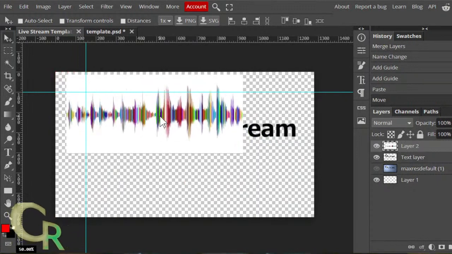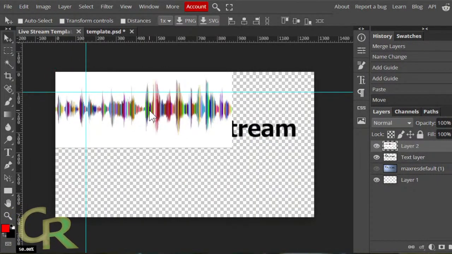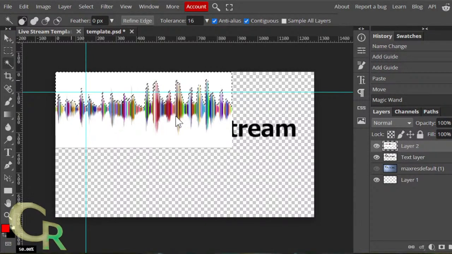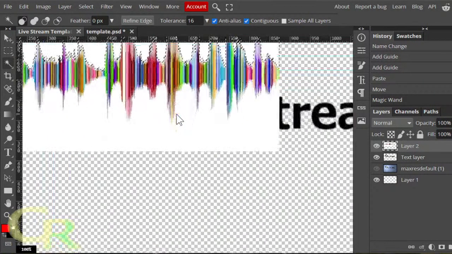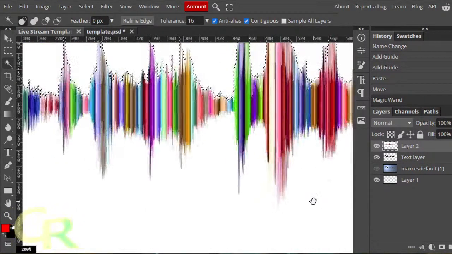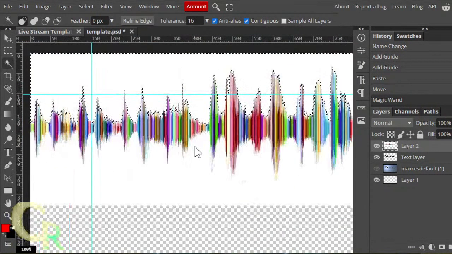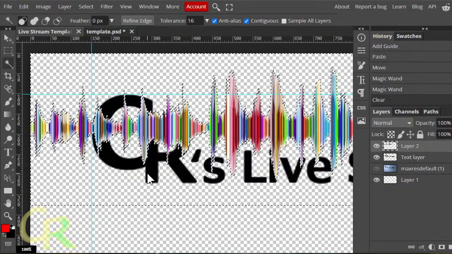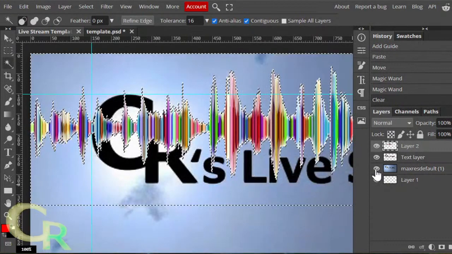Now I just have to isolate, well, remove the background. So let's try the magic wand on this. This might be a little bit more tricky just because of how fine the lines are in there. But I guess we'll see. Let's see how good I can get at it. Let's see if I just use the magic wand. That's probably as good as that gets. Yeah, it's not that great.